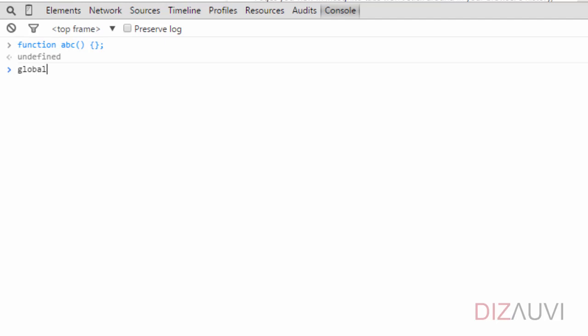So now if we say global dot and start typing ABC, the function ABC appears here. So this function is a part of the global object. Now let's see if there is anything named XYZ in the global object. And there is none. So let's create a variable called XYZ and assign a value of 4 to it.